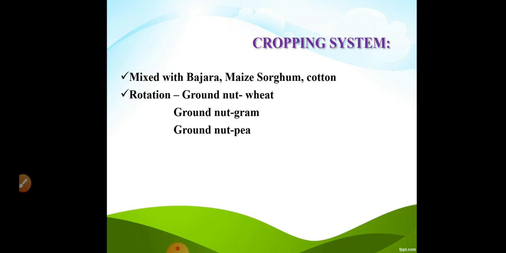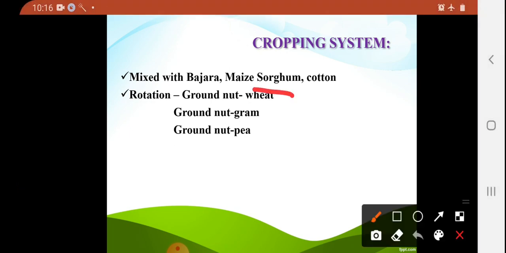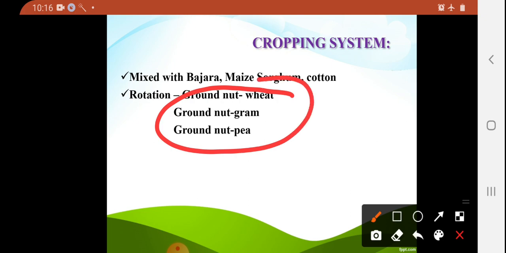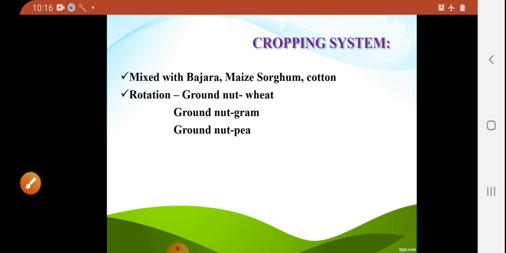See, if we think about rotation, we can cultivate groundnut wheat, groundnut gram, that is chickpea, and groundnut pea, that is field pea. These are the examples of rotations followed all over India, or common rotations followed in India. Okay, let's move to the next part,